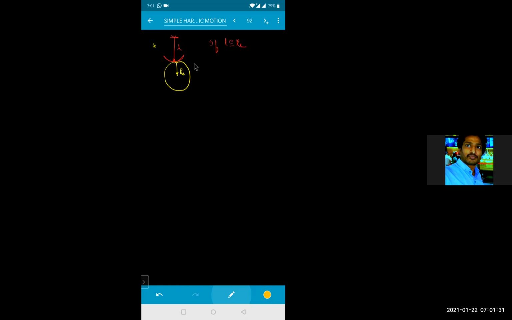Normally we will not have such a big pendulum in general. There is a very big derivation for it, so directly you can remember the formula. T is equal to 2 pi into the square root of 1 divided by G into 1 by L plus 1 by RE. So if the length of the simple pendulum is equal to the radius of the earth, then the time period is calculated with the formula T equals 2 pi under root of 1 by G into 1 by L plus 1 by RE.